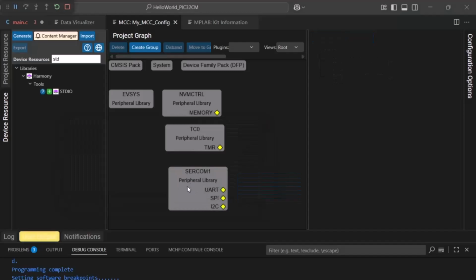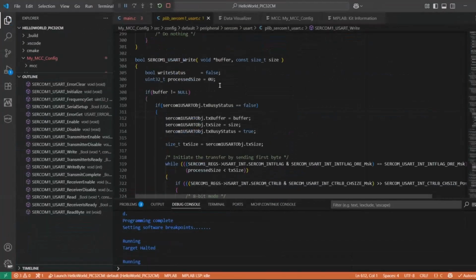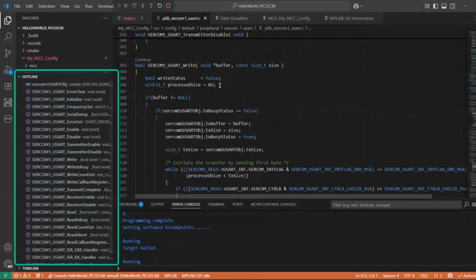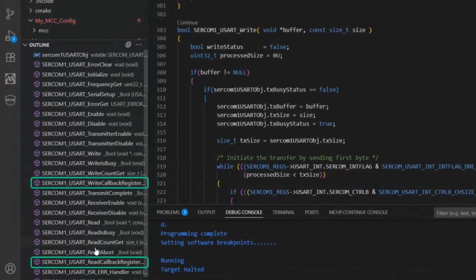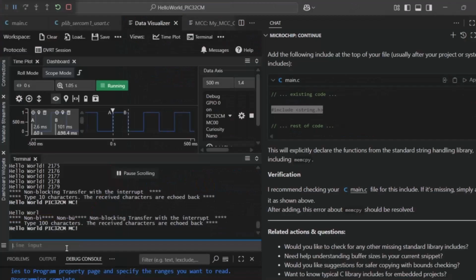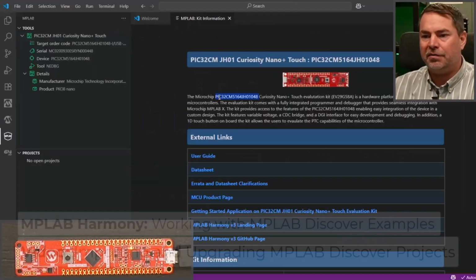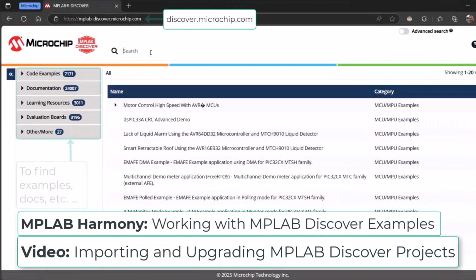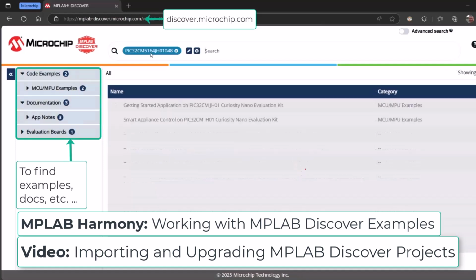We remove standard IO, showing how we can use the outline mode to see changing APIs becoming available, then verify the loopback functionality. In the first of 3 videos working with Discover projects, the video shows how we can take